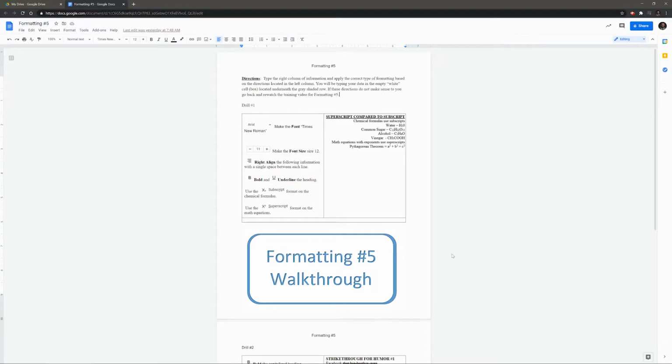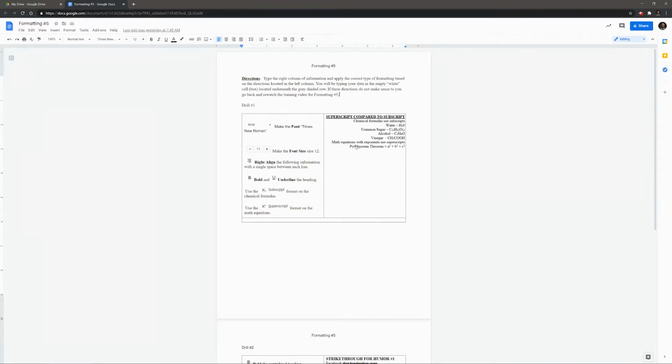Hey guys, today we're back in another Google Doc. We're going to be working on formatting 5 today. On formatting 5 we're going to be practicing some of those hidden buttons. So on drill 1 you're going to be typing what's in this picture on the right hand side. You're going to be using the directions on the left hand side, but we are going to practice using Subscript